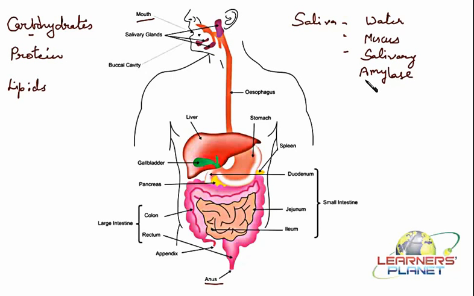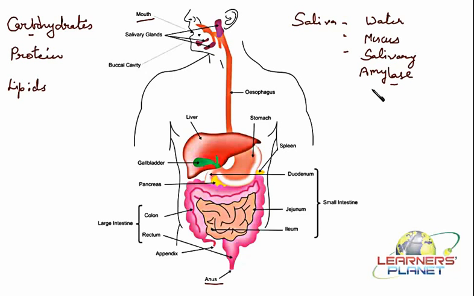So this amylase is actually involved in the digestion of starch. This amylase is responsible for digestion of starch, and this is the reason that we do not have the enzymes for cellulose, and therefore cellulose, which is a fibrous carbohydrate, is not digested in our diet, right? So as we are discussing human beings, we can say salivary amylase in saliva converts the starch, that is a carbohydrate, into simpler forms. And what are those simpler forms here? Those simpler forms are maltose.